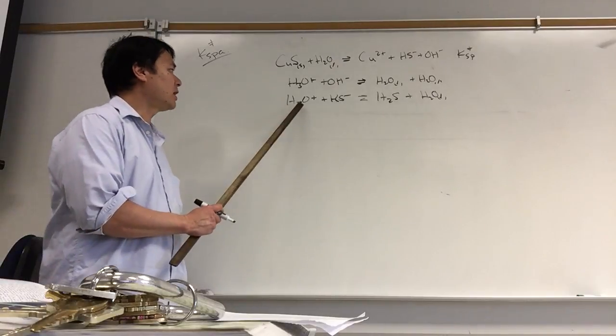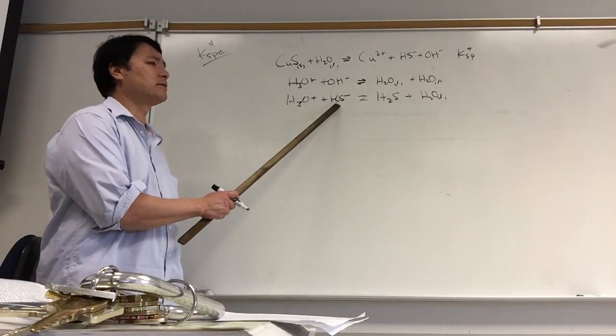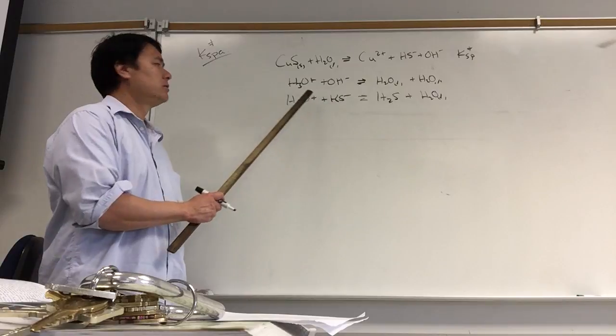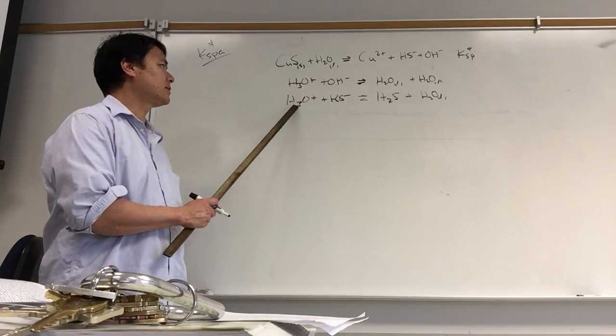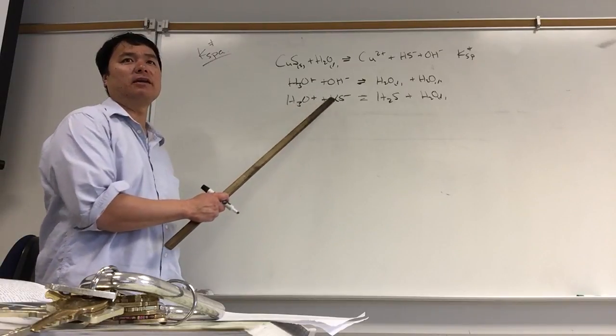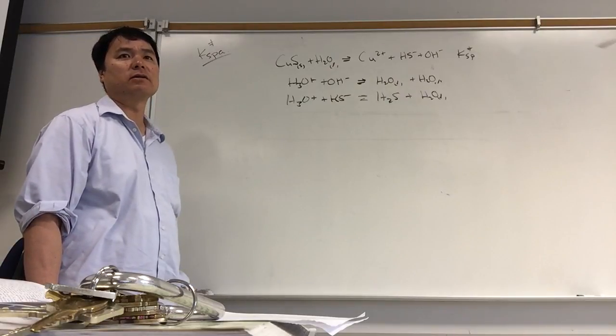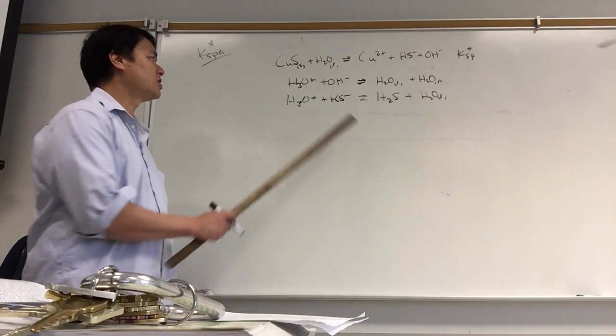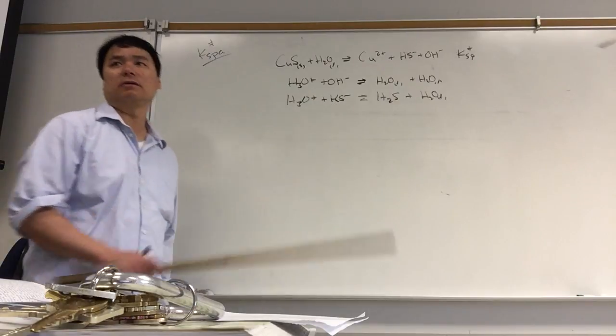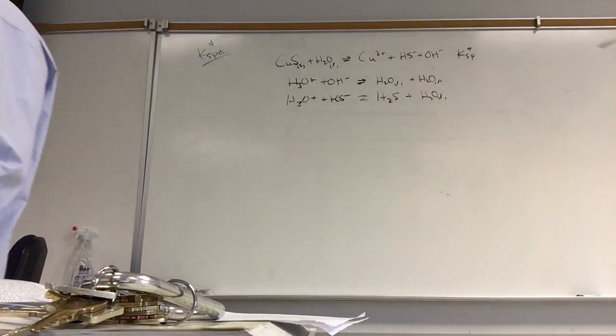And here we have a strong acid, hydronium, plus a weak base, HS minus. So a strong acid plus a weak base gives us K that is very, very large. And this HS minus is stronger than water, stronger base. And then,